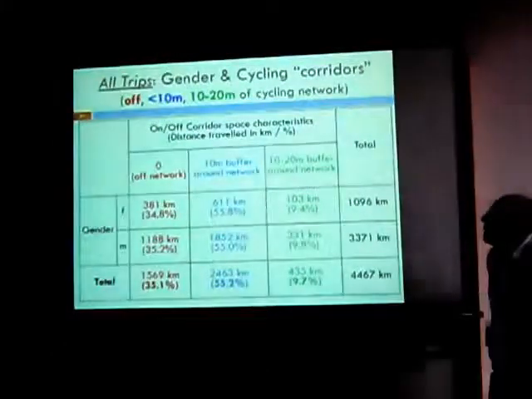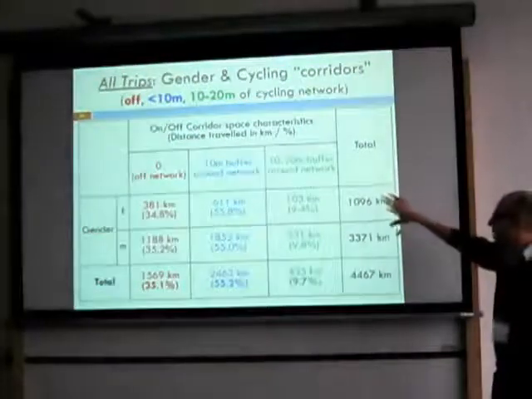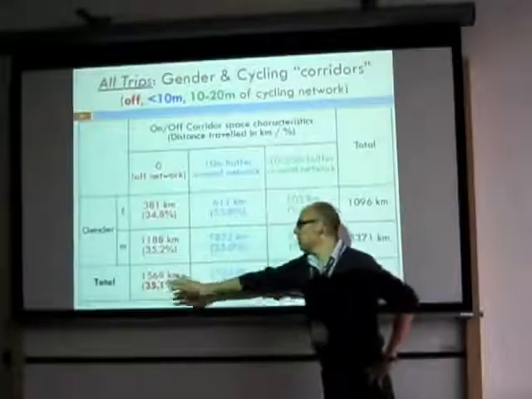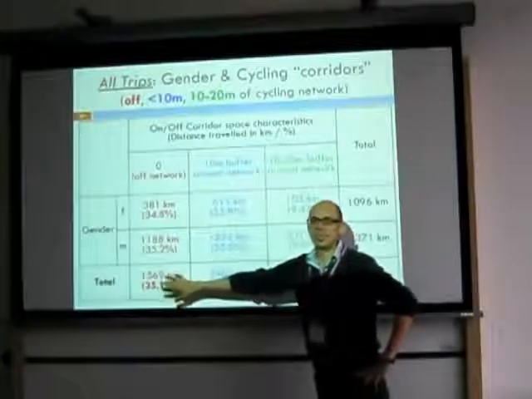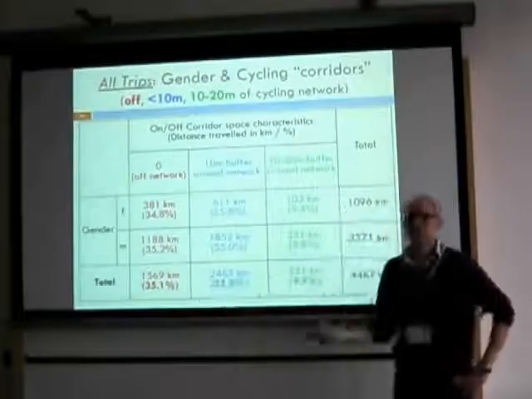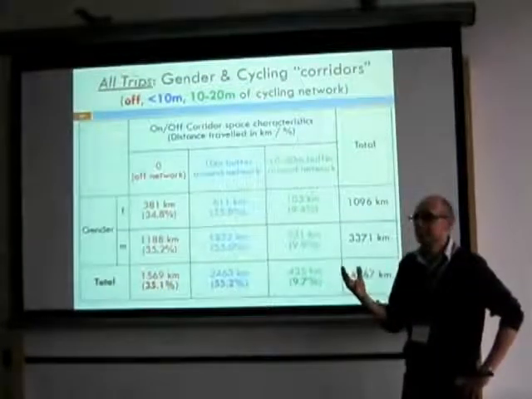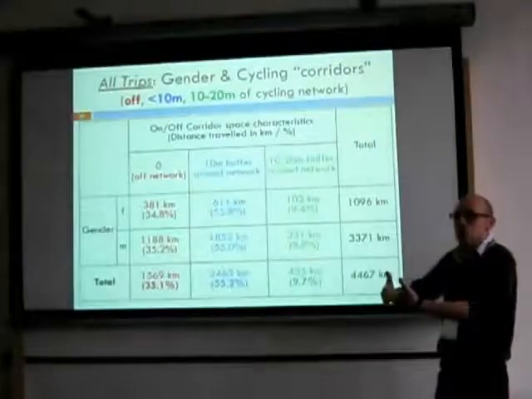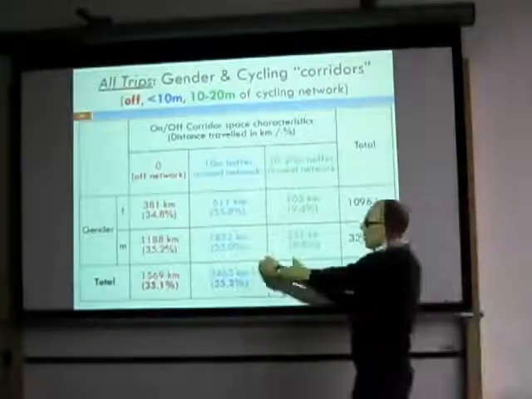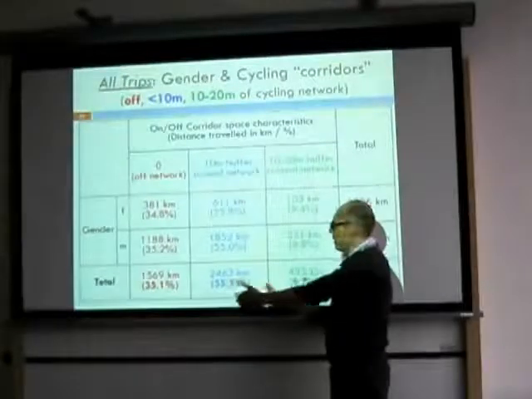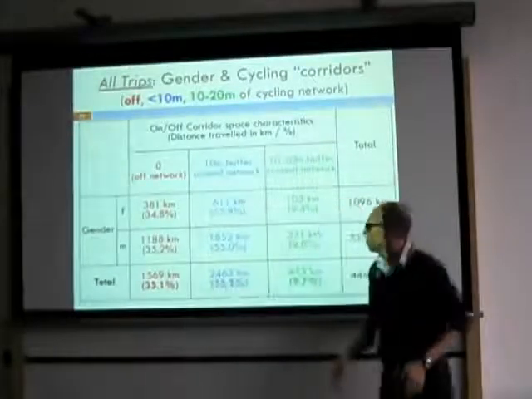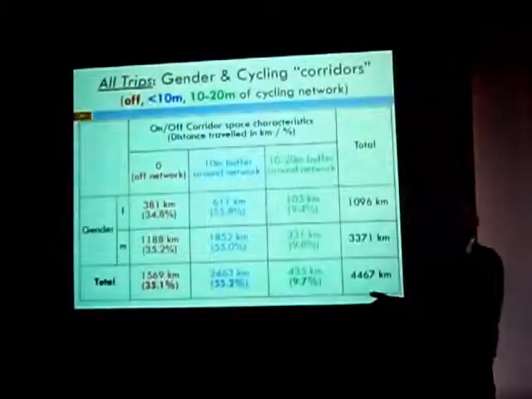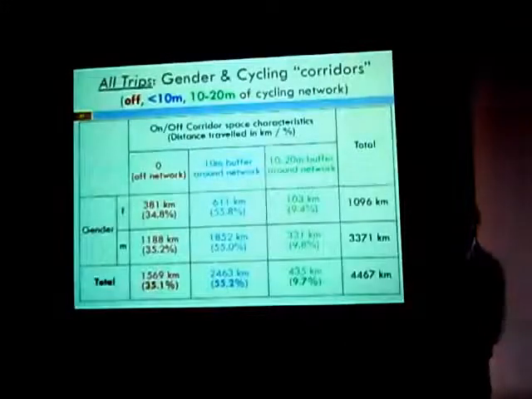So, okay, this is all the trips we collect data for. The red lines are the ones outside that we want to focus on. 35% of the kilometers cycled are outside this network. Now, what does this mean? We'll discuss it. The green ones are very close to the network, so they could be allocated to the cycling network. So this increases to about 64%. So two-thirds of the trips are within the cycling network, one-third is outside.